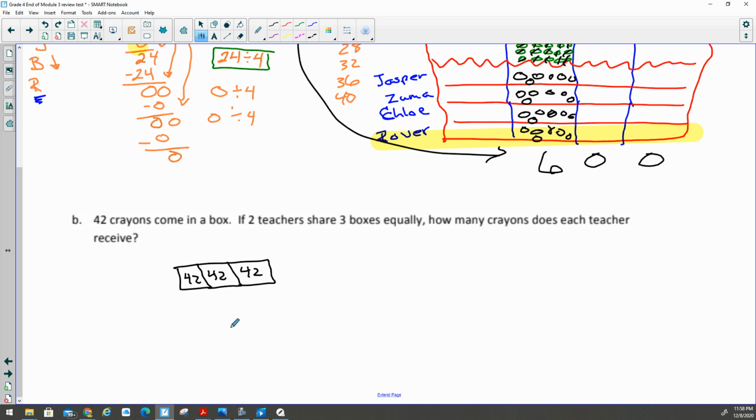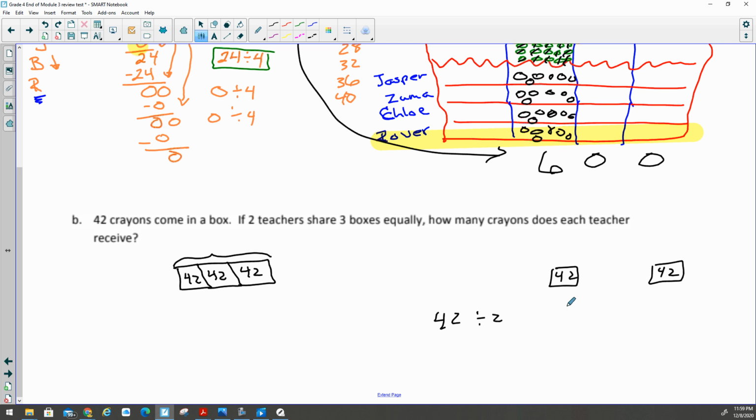It has 42, right? So I'd kind of like to know how many are in all 3 boxes. Now I will say that we are sharing between 2 teachers, right? So really, I could give one teacher 42 and the other teacher a box of 42. And then I would just have to divide that one last box of 42 in half between the teachers. But I don't know if your test tomorrow is going to have logic like that, that'll let you just split up the boxes and then do a simpler problem. So I am going to do it the more difficult way, just in case we need to,